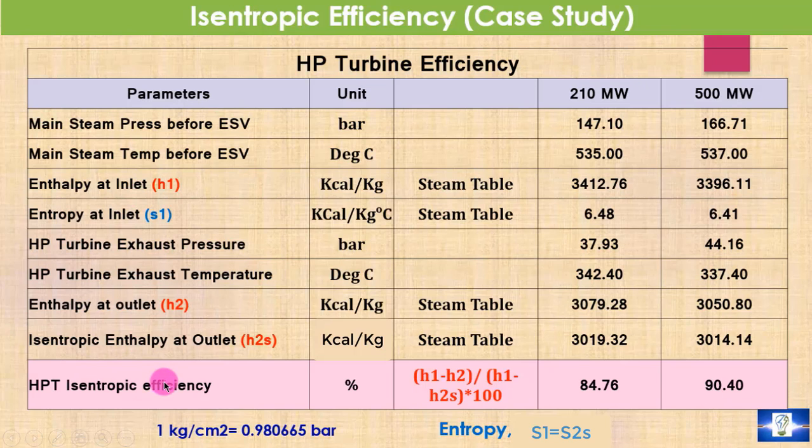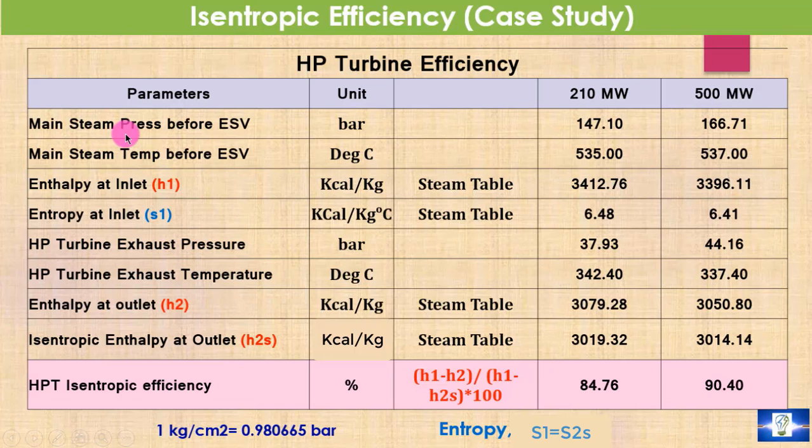In the isentropic efficiency calculation, we have to calculate inlet enthalpy, exhaust enthalpy and isentropic enthalpy at exhaust. So, to calculate H1 and H2,